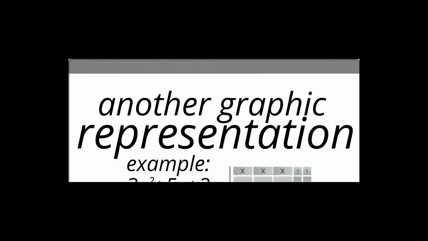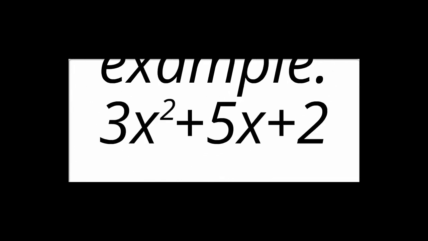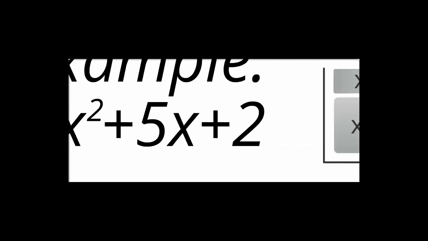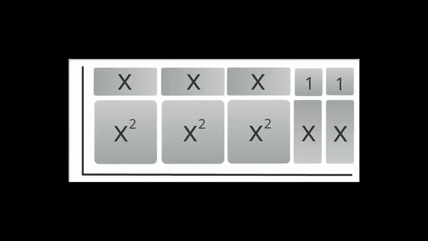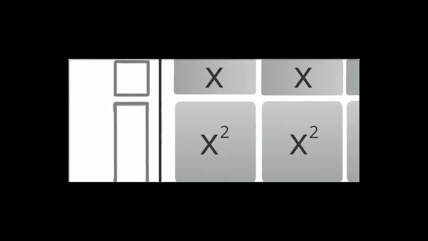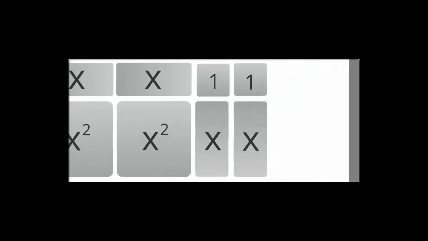Now we'll be using another graphic representation. This time we'll be using 3x squared plus 5x plus 2. Here we have arranged units in a rectangle. We know we'll need an x times 1 unit there, there, and there. And a 1 unit